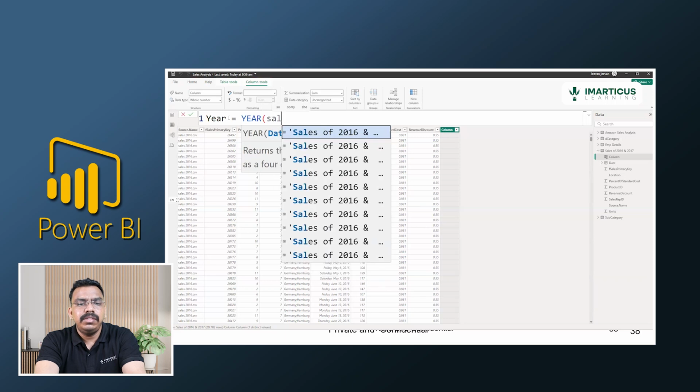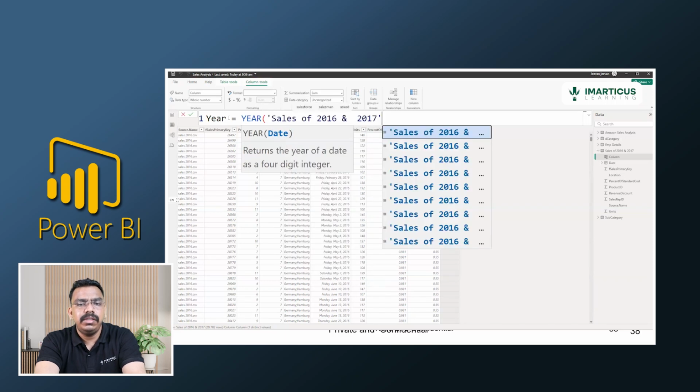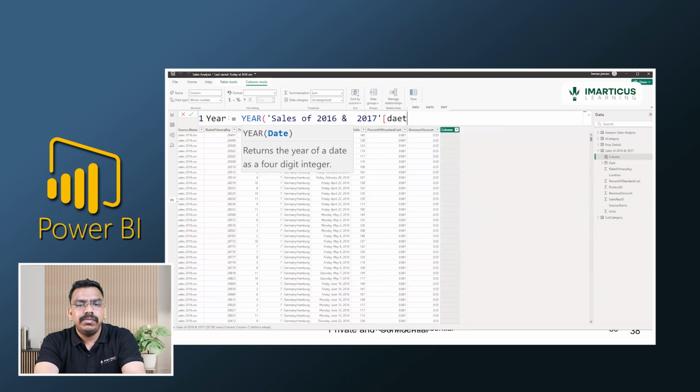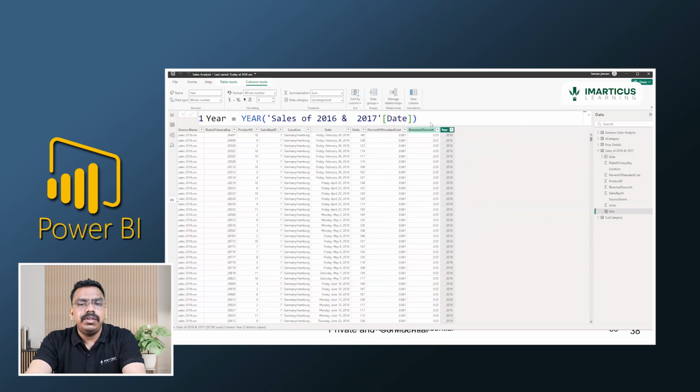That is nothing but in the sales table, sales of 2016, I want to extract the column called date. So close this and click on enter. Now you can see there is a new column that has been created called year. So what years are we going to deal with? We are dealing with 2 years, one is 2016 sales and the other is 2017 sales. This is the use of